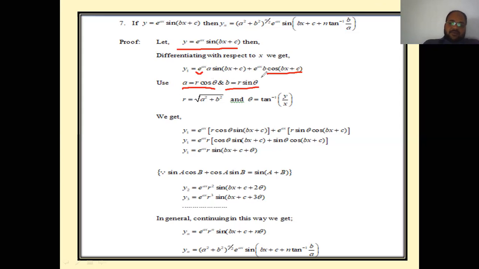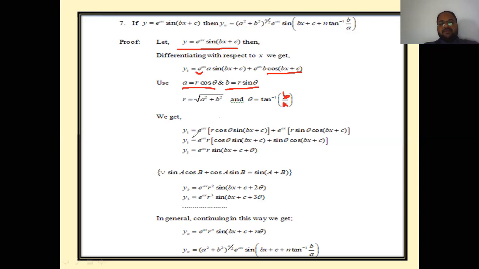Now this is the polar substitution. When you find the value of r, it is very simple: squaring on both sides and then adding, we simply get the value of r is equal to under root a square plus b square. And if you divide 2 by 1, we simply get theta is equal to tan inverse, yes, simply b by a. Okay, so we get b by a. So that is why we take this substitution.